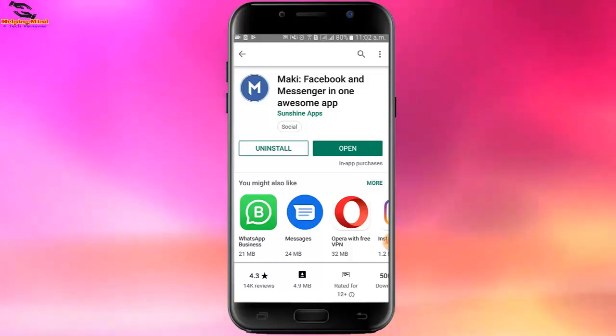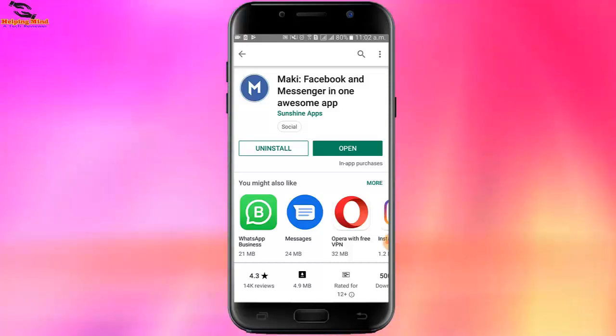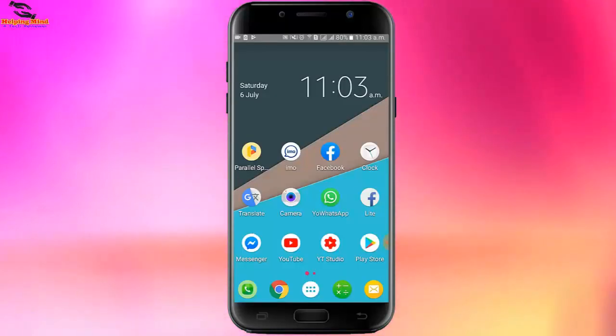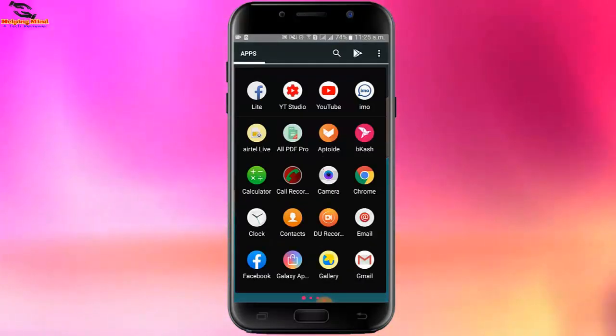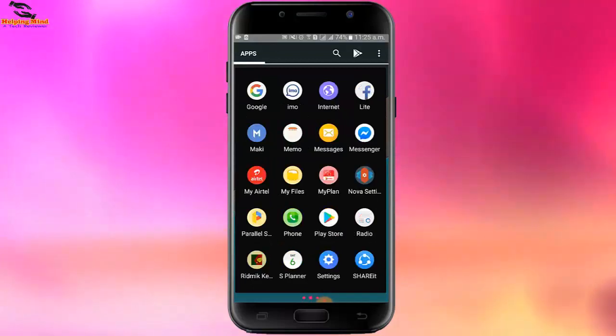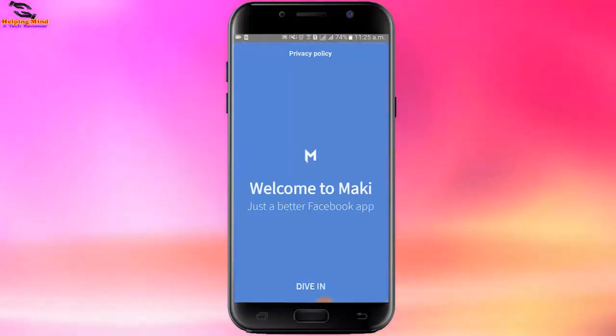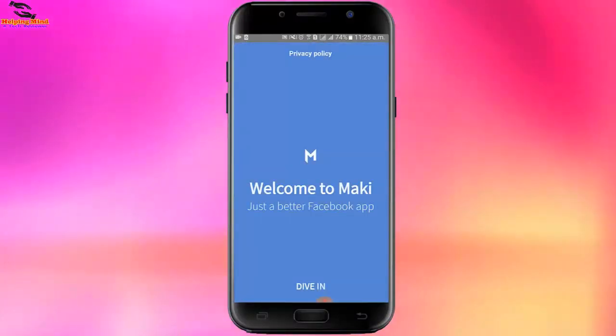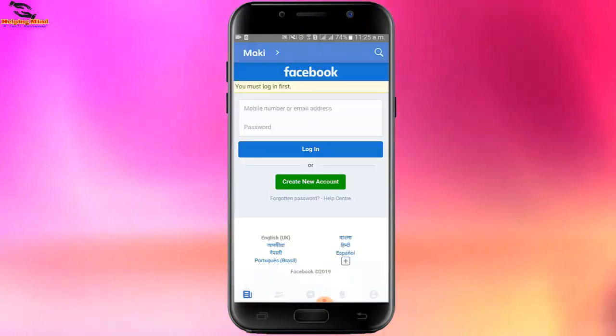Now I will go to my phone screen to open this app. Here I will open the Mikey app. You can see Mikey. I will tap on this app icon. The app is running. Here I will tap on Dive In below, and you can see the login information of Facebook.